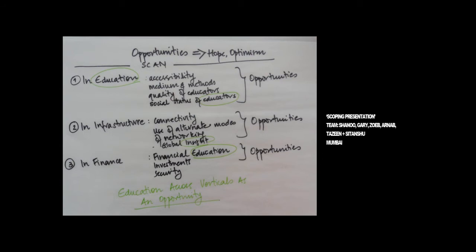So we did a concept scan, as in, if opportunities is our idea or a keyword or the hook around which we are going to be building our concept, if we scan it across industries, does it really prove to be something we should work on? And we realized that if you look at the education industry, there is need for accessibility to education. There is need for improved mediums and methods of education in India. There's need for better quality of educators. So yes, there is a lot of opportunity, so it holds good in that sector.